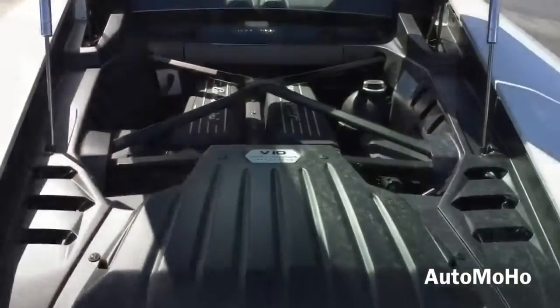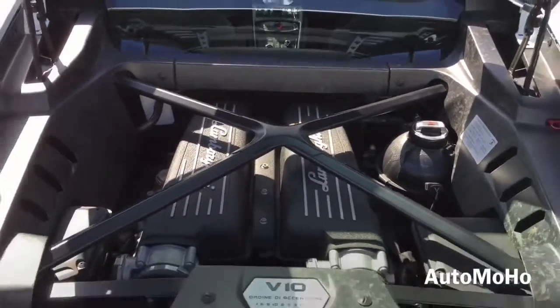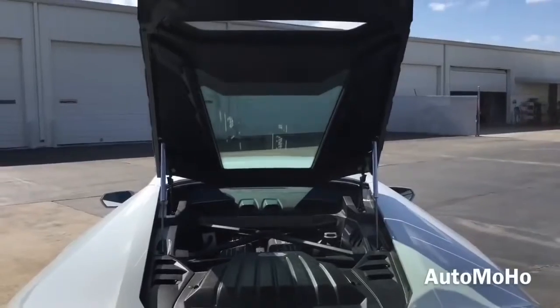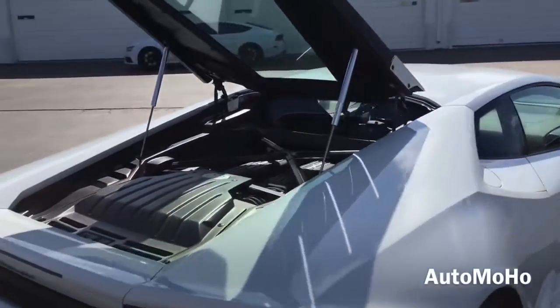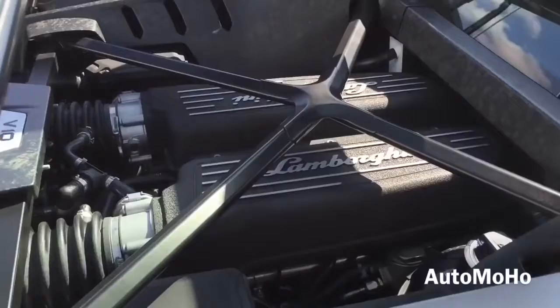Now let's pop the hood and see what the 2015 Lamborghini Huracan has to offer. Under the hood is a 5.2 liter naturally aspirated Lamborghini V10 engine, 7-speed LDF dual clutch transmission with 3 different driving modes, Strada, Sport, and Corsa, featuring both direct and indirect gasoline injection with engine stop and start technology,